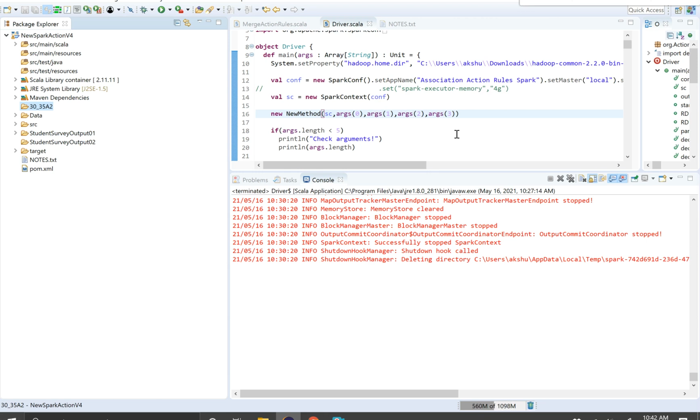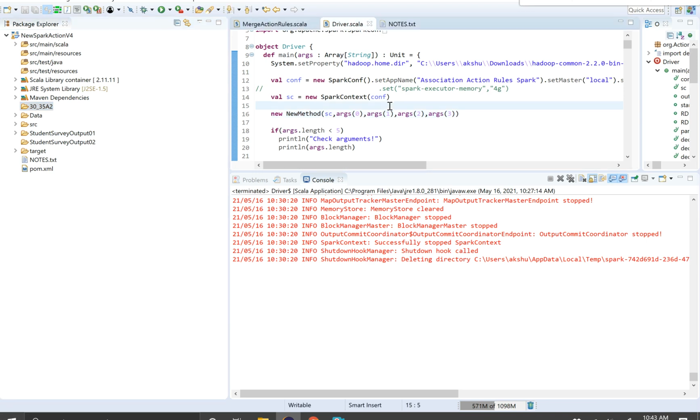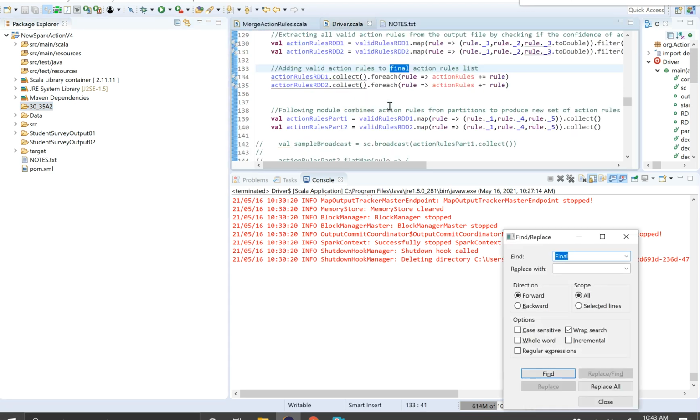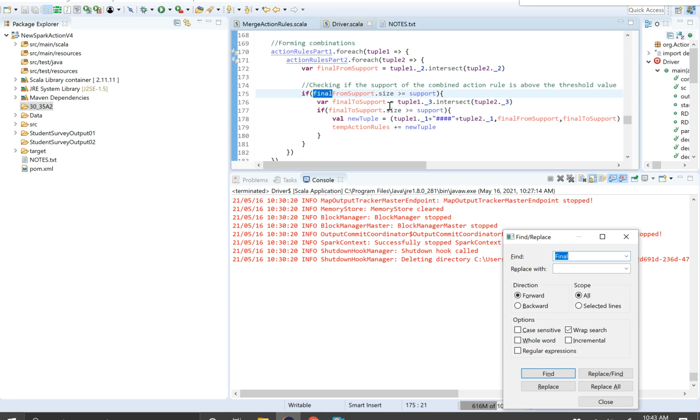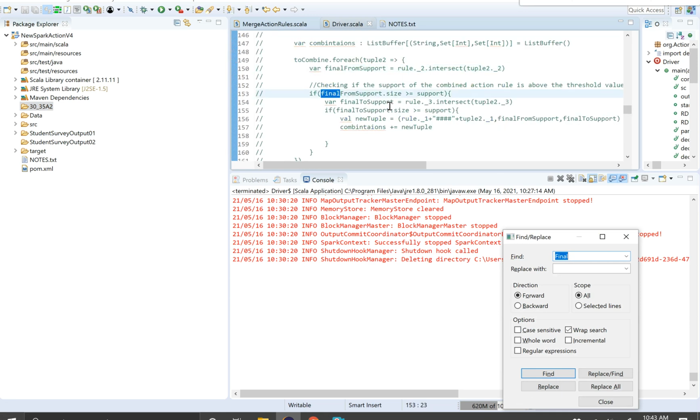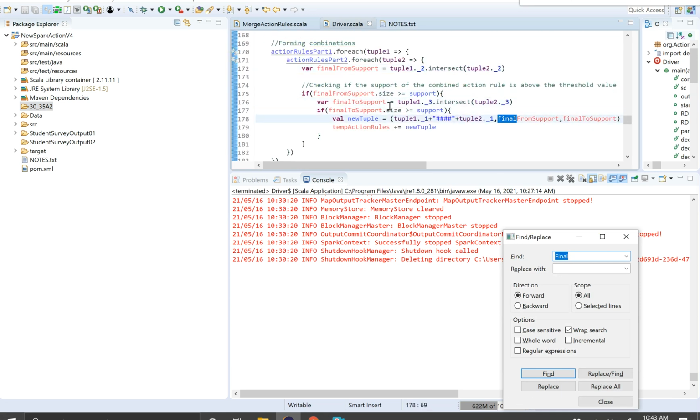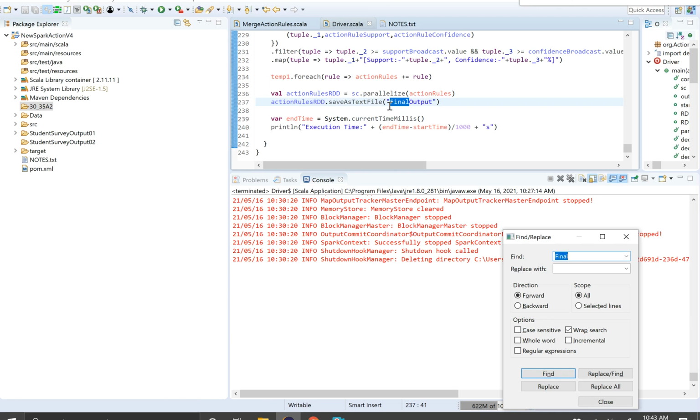So I'll execute this code now. There will also be a new folder that will get generated once the code gets executed, called the final output folder, which is mentioned here. Here the action rules are saved as a text file, and the name is given as final output.